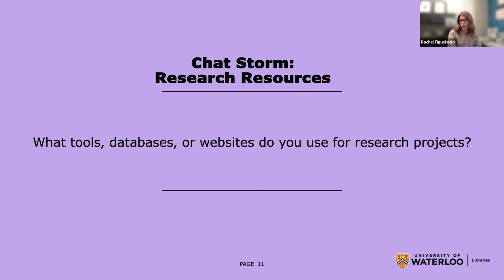Okay. Got Scopus, Web of Science, Research Rabbit, SciSpace, Google Scholar, Perplexity, sometimes Wikipedia. Yep, academic databases like PubMed, Google, ChatGPT. Excellent. Yeah. Google Scholar, the library. This is great, you guys. I think I'm seeing some discipline-specific examples. PubMed is definitely a tool used heavily by our health sciences students. And then sometimes we've got some more broad research tools that we're using.